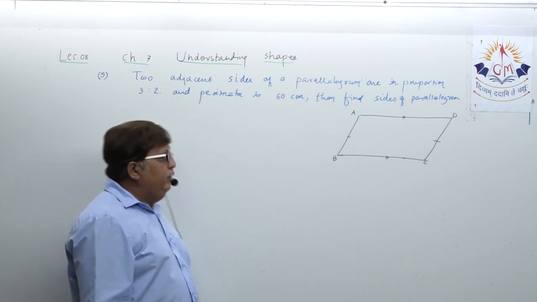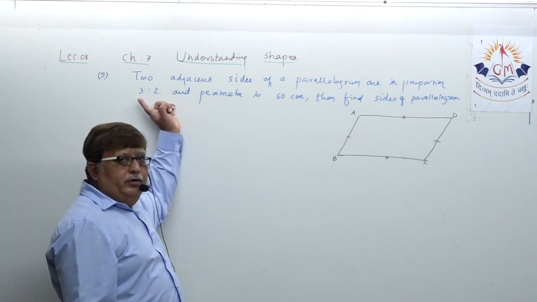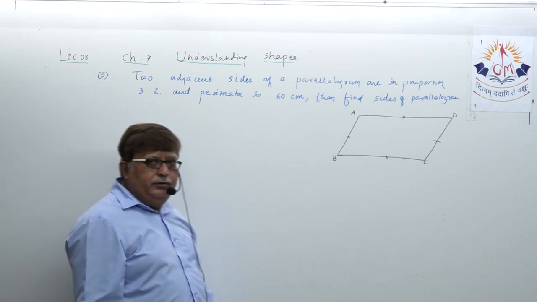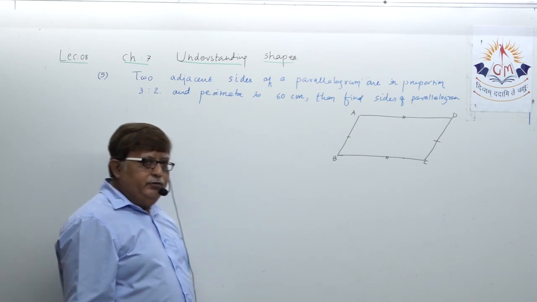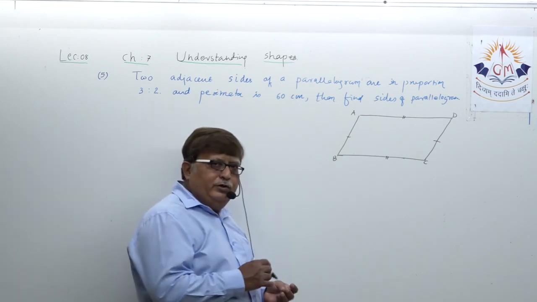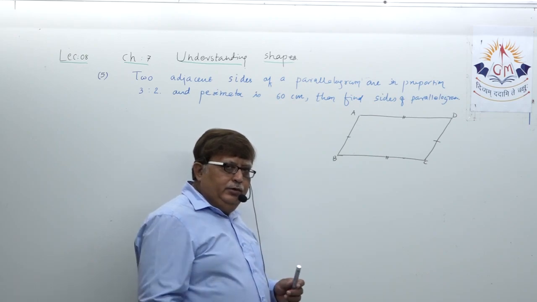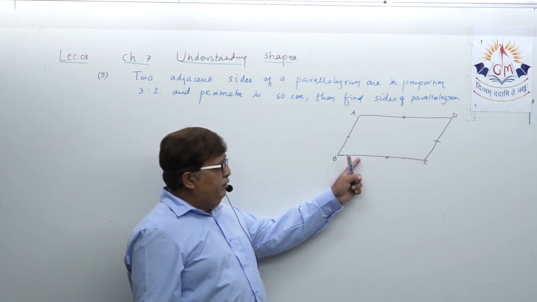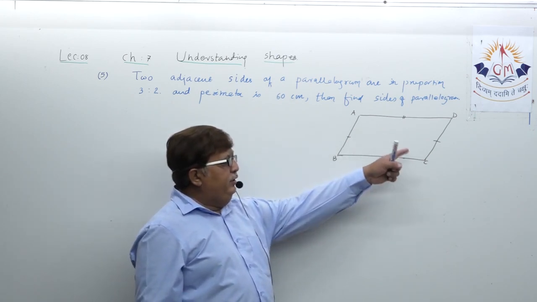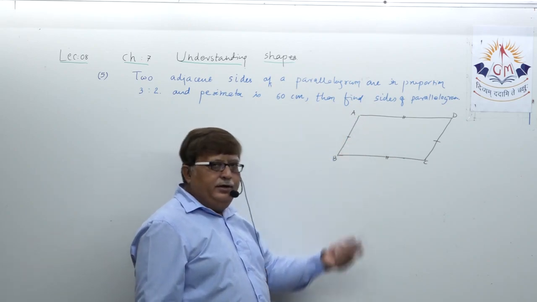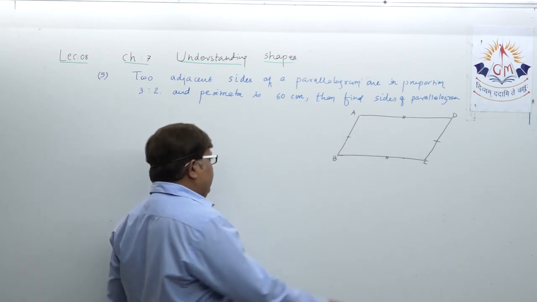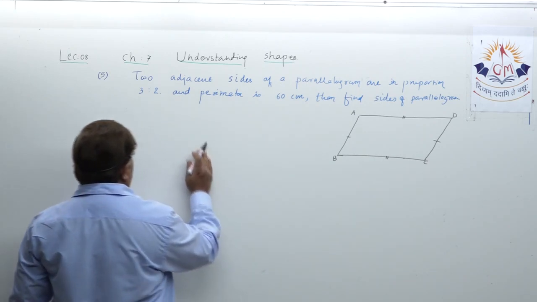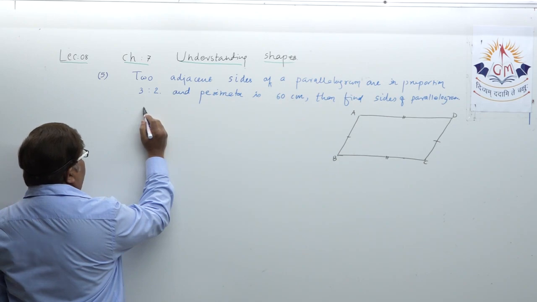That means, dear student, this represents the proportion of long and short sides, because it is given 3 is to 2. So, from this particular parallelogram, you can select any two pair of adjacent sides. You take BC and AB, BC and CD, CD and AD, AB and AD, whatever. Let's take these two sides. Okay. So, let us write first. What will you write?